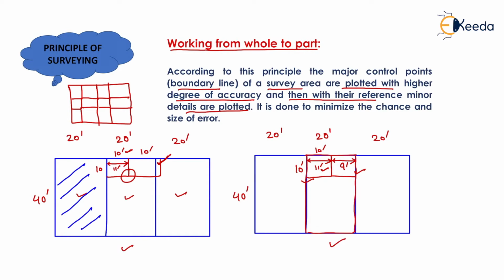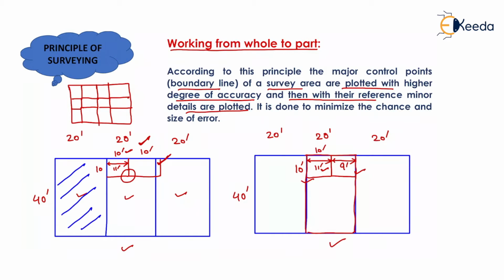feet. So if the working is from whole to part, then the mistake is absorbed within our own property, so we don't need to pay any compensation to the neighbor. But if we move from part to whole, then we need to pay compensation to the neighbor. So always work from whole to part. That is our first principle of